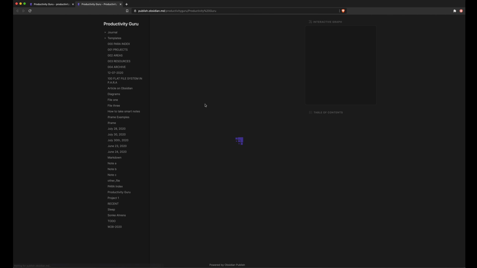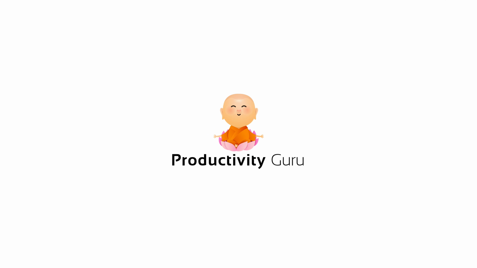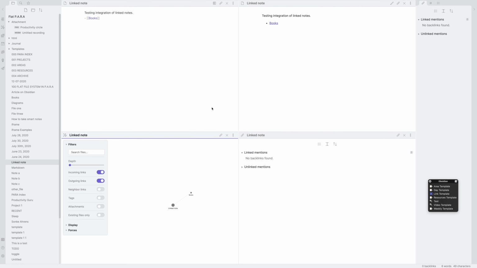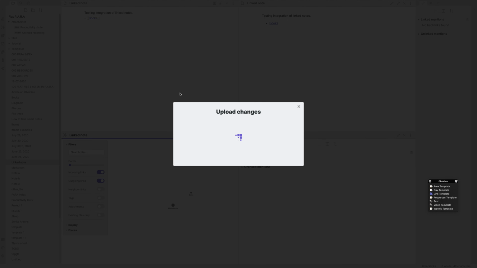However, on clicking, you will notice that the site hasn't updated. That's because of a bug. To fix it, you will either need to disable cache or clear your browser's cache. And that will make it load properly. Now, I'll again click publish changes and now I'll show you how to manage multiple sites.